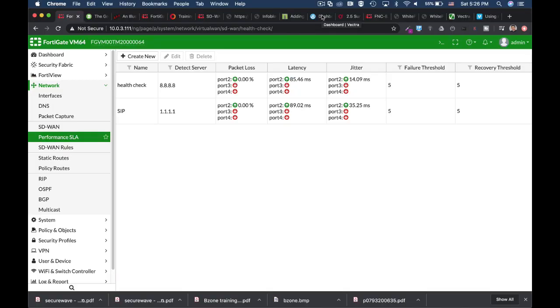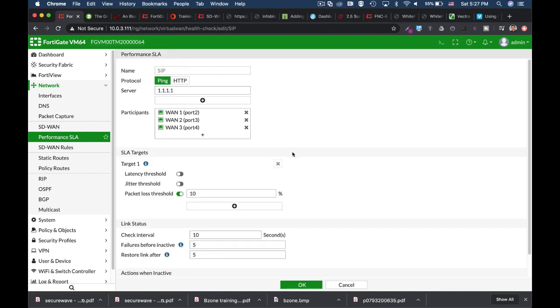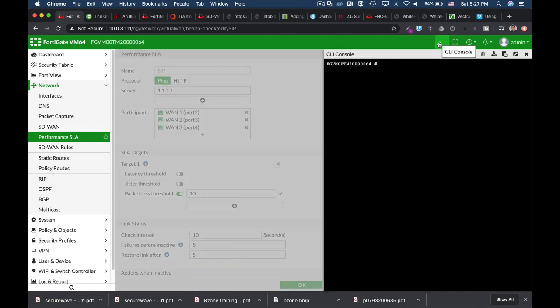We can use our command line while configuring SD-WAN for different tasks. One of them is to use different protocols that will be used towards the server that was chosen in the health check. So if we look at the performance SLA, let's choose one. And we can see that on the graphical user interface, we only have two options to ping our server, that is using ping and HTTP. Now, if we will use the command line,